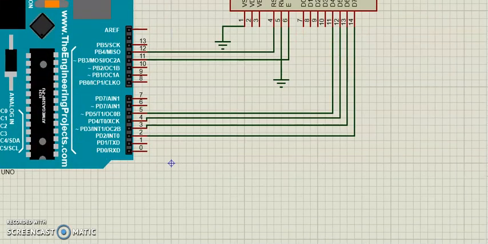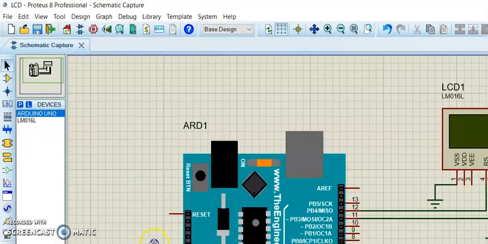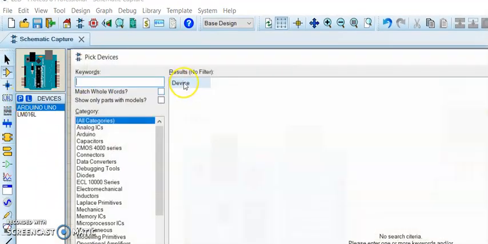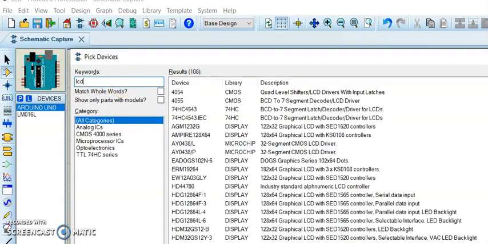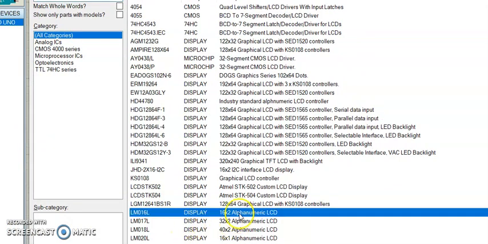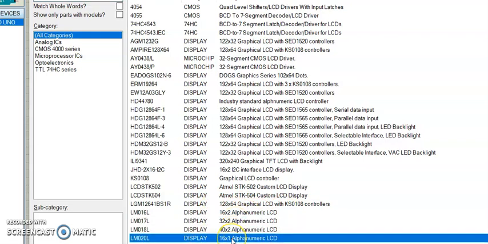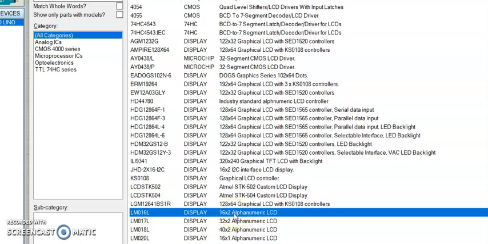Here it is nothing but the liquid crystal display. So from the pick menu you are going to get the liquid crystal display. Here in the pick menu, if you type LCD, I am going to get the different LCDs over here. I am going to select the 16:2 alphanumeric display. Other configurations are also available: 16:1, and so on. But here I want to use the basic one. So I am going to take that, and I have already taken that.